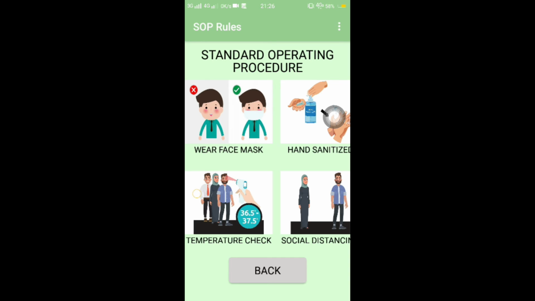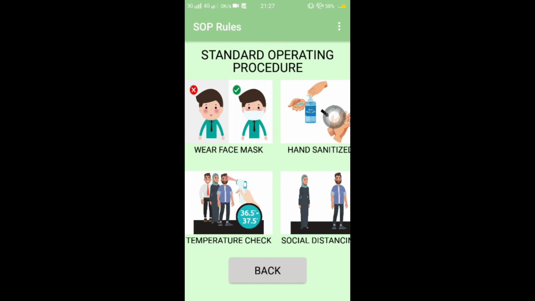It shows the new norms nowadays: you must wear a face mask, always hand sanitize after touching something or wash your hands frequently, do the temperature check before entering any premises, and the most important thing is to keep social distancing of about 1 meter from others. Do not forget to follow SOP rules in this COVID-19 situation, then click the back button to return to the